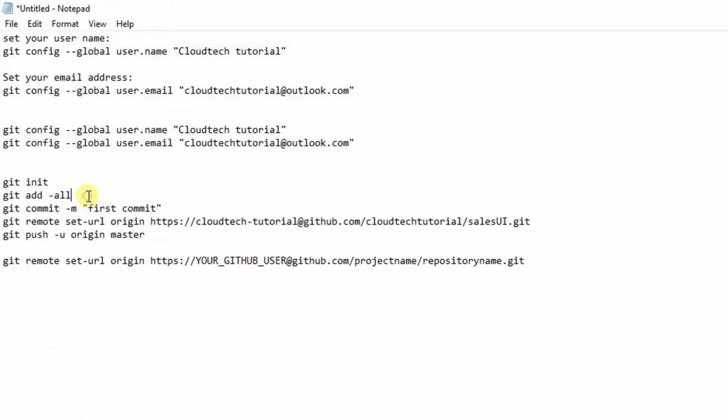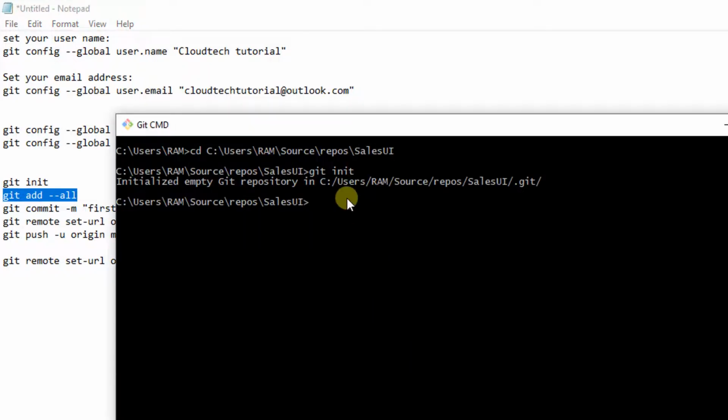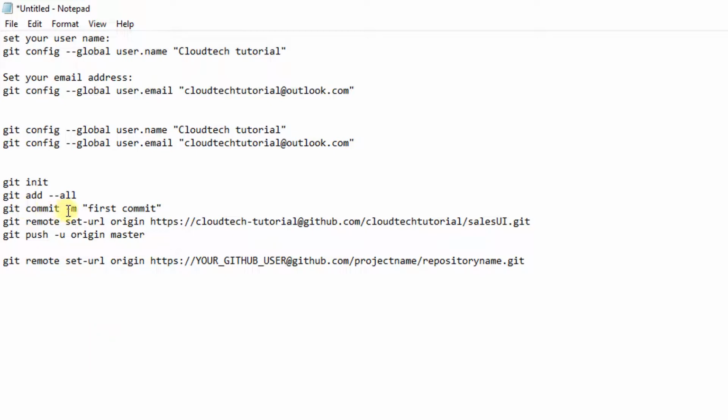And the next command is git add --all. This will add all our files to staging. So if you have any specific file, you can specify like git add and your file name. For our scenario, we have already created all our project files. We just want to push them to GitHub for the first time. So I'm pushing all my project files. Git add --all. Yeah, now it is done, which means all our files are staged.